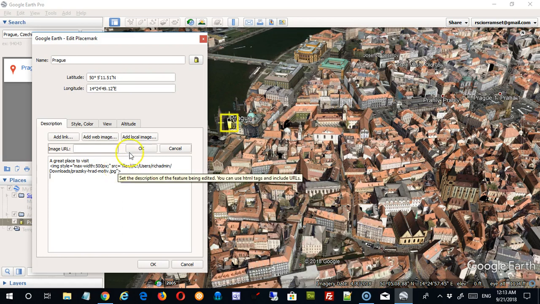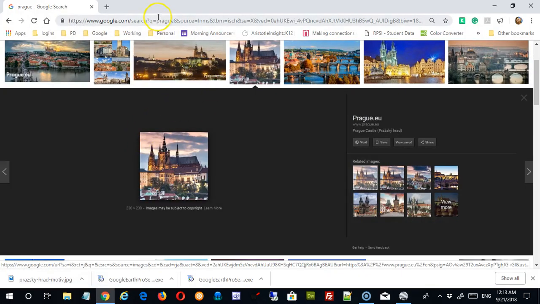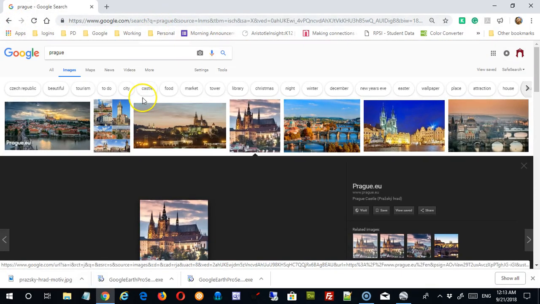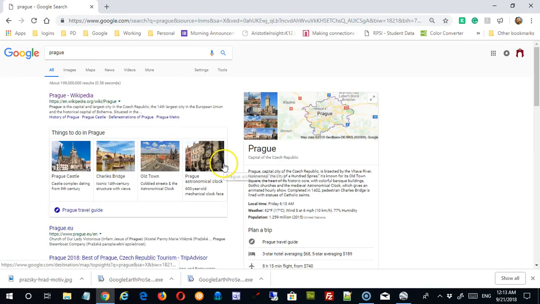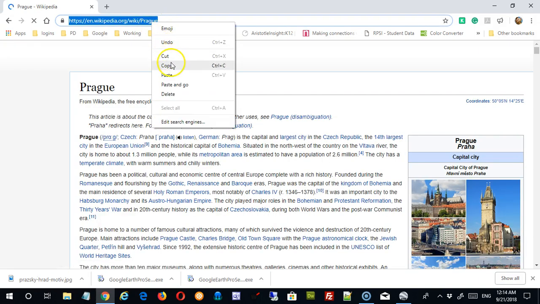The other thing that you can do is put in a hyperlink. So I'm going to make some room down here, say learn more about Prague, and I'll flip back to the internet for a second. Let me come up to Prague and just go to regular search results. And let's pretend I want this Wikipedia article. So I can click on there, I can copy the address,